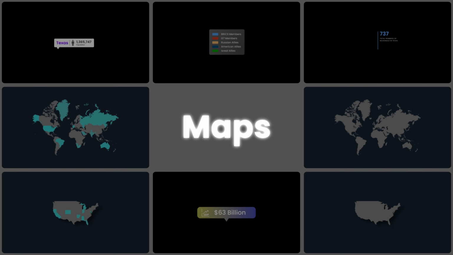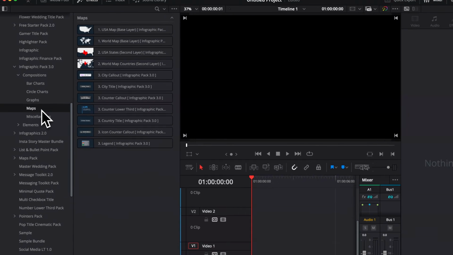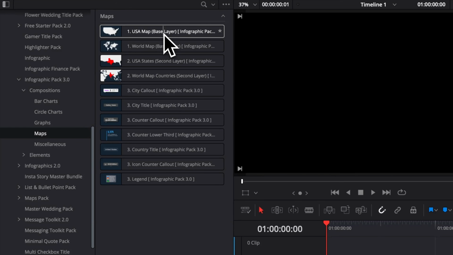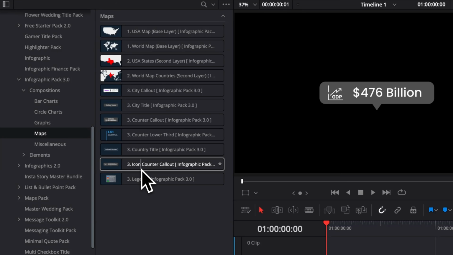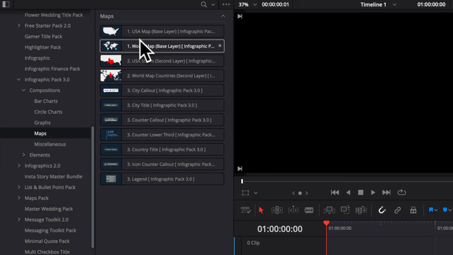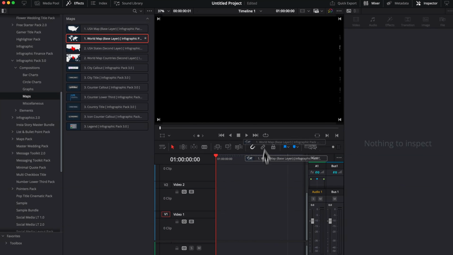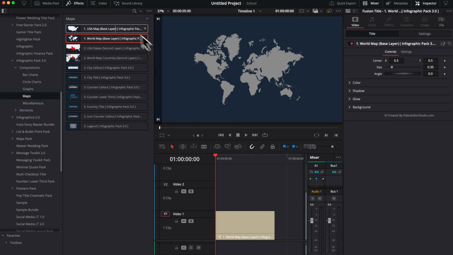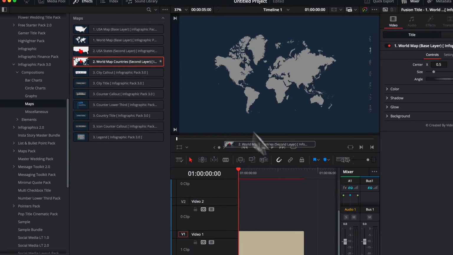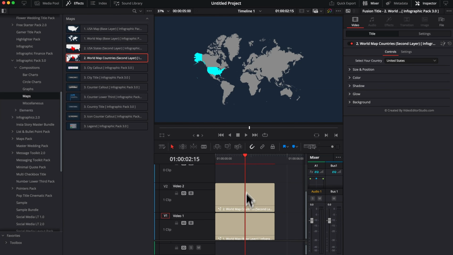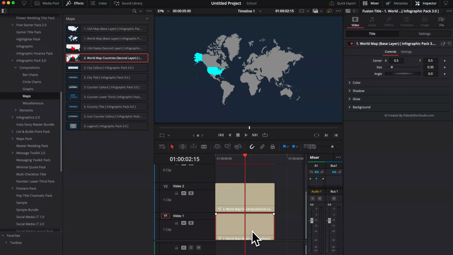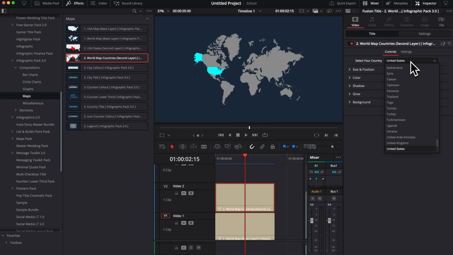Now let's quickly move over to the map section. So here it's been organized in the same way as the graph. In terms of layer, we have 1 to 3 layers, and we can just drag here, for example, the world map as the base layer, and then we can go over and take the world map countries as a second layer. And basically this is allowing us to toggle between a different country. So this map is our base, and then we can switch between any country we want right here with that